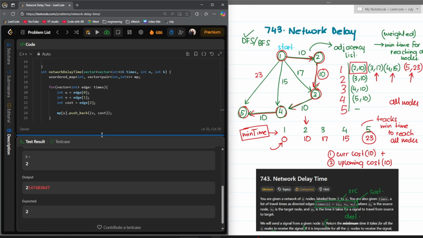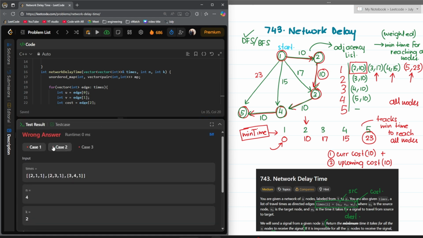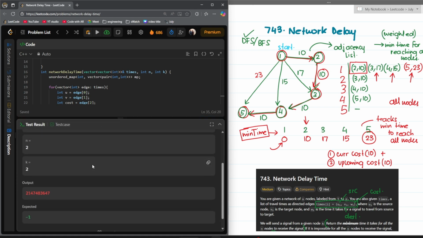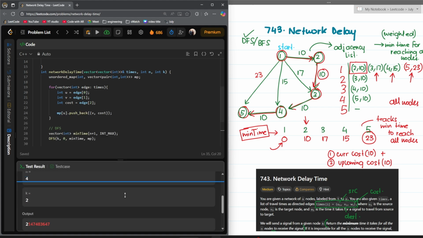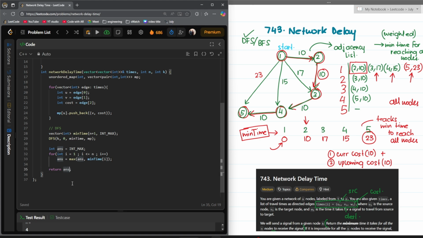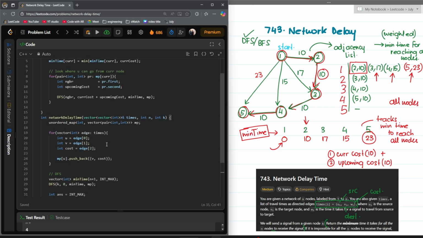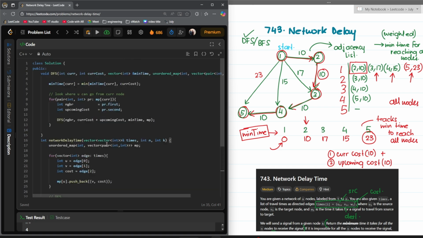Oh, it's giving me int max. Why is it giving me int max? It shouldn't. Why is it giving me int max? So if it's int max, actually that means that the node is unreachable, right? The node is unreachable. Else answer. But then it shouldn't be like that. Why is it? Because I passed the